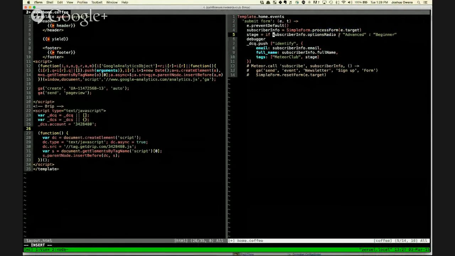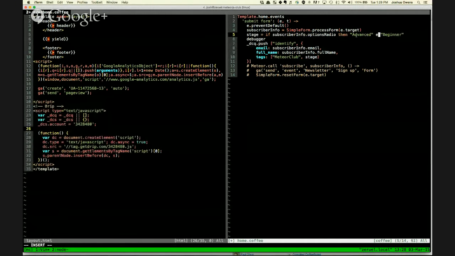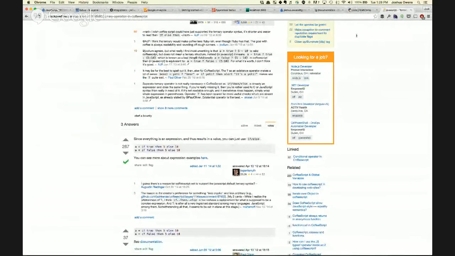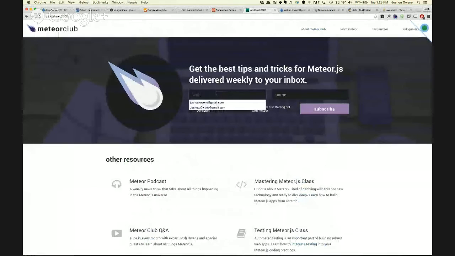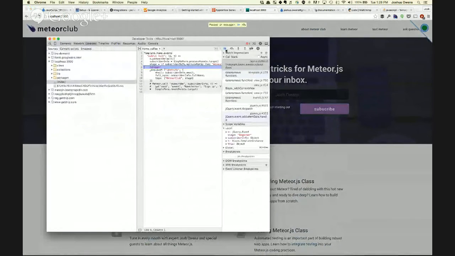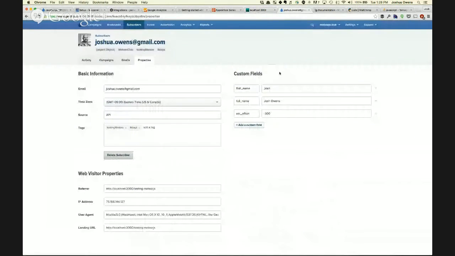Do if, then, else. There we go. So now I've tagged mine as a beginner, and it's got the Meteor Club on here. And so then what I can do is I can watch for that tag to be added, and then just automatically put them into the